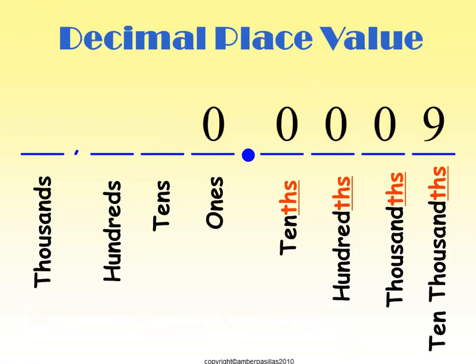Okay, miss? Now, what about this number? Try first to read it by yourself, miss. Think about it. Where is the 9? I have nothing here, so no need to say "and." I will not say "0 and." No. I will just look, where is the first number? I will read it. It's 9, so I will read 9. Okay, but what should I add? 9 10 thousandths.